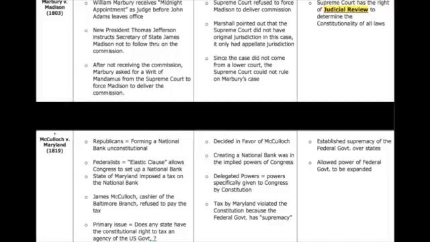Now, Marshall, this was a very brilliant move. He does 2 things. The first thing that he does is he denies Marbury, a fellow Federalist, his job. So in Jefferson's eyes, he sees this Federalist Supreme Court Chief Justice basically ruling in the Republicans' favor. It makes him seem very, very unbiased. On top of that, he removes the power from the Supreme Court of the writ of mandamus, which essentially allows the Supreme Court to force members of the federal government to deliver on commissions and the like. So this makes him look benevolent.